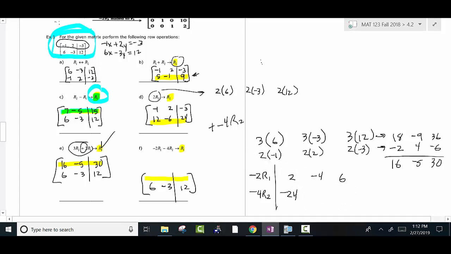Okay, so I'm doing, let's see, 6 times -4 is -24. 6 times -3 is -18. And then -4 times 12 is -48. Okay, so what I did on,